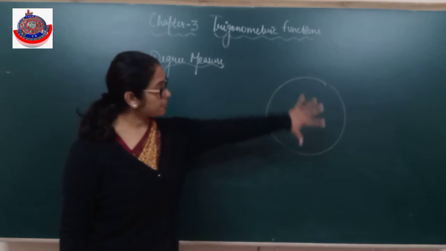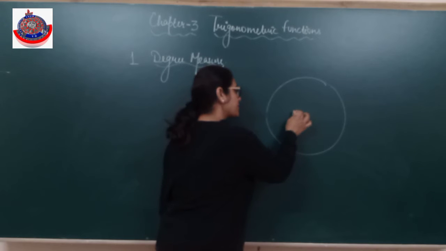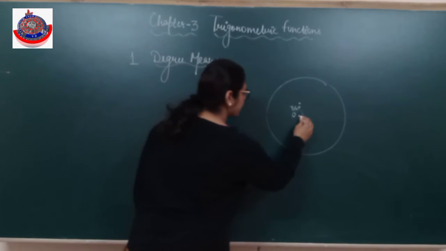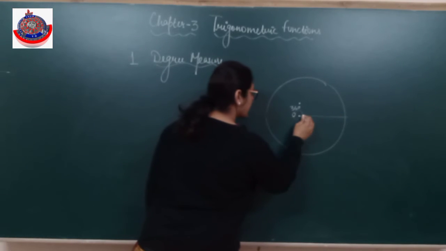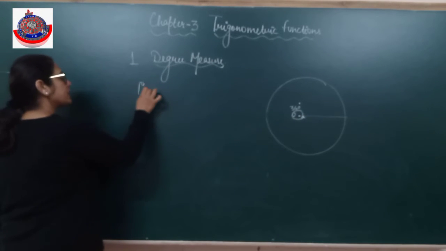I know that this is a complete circle, and if I start from here and come back to this angle, that is 360 degrees. Alright, so if I'm starting from here and I'm coming back here only, that is 360 degrees. So what is 1 degree? Actually 1 degree is